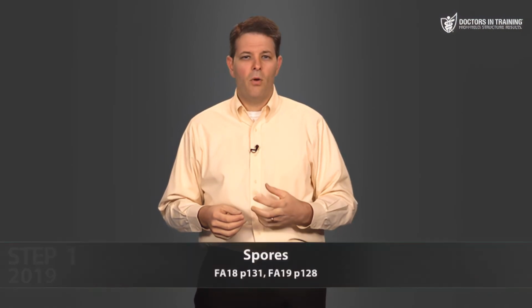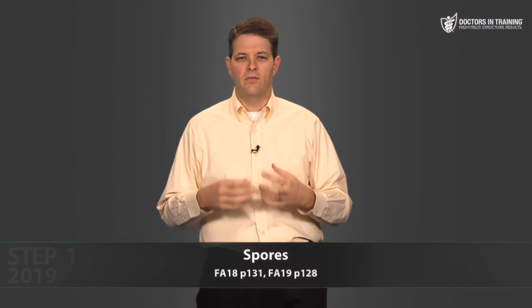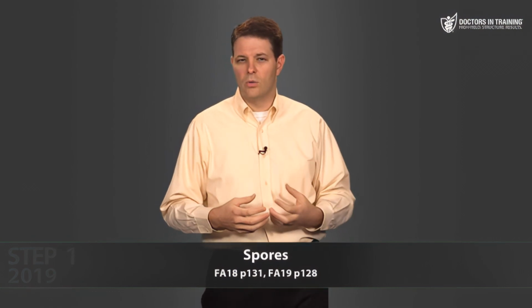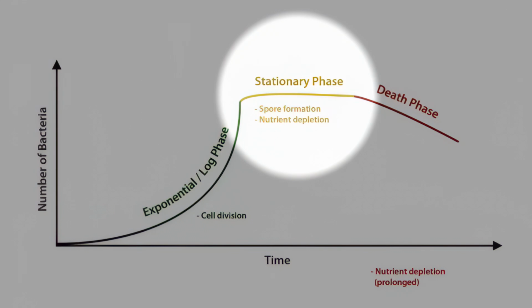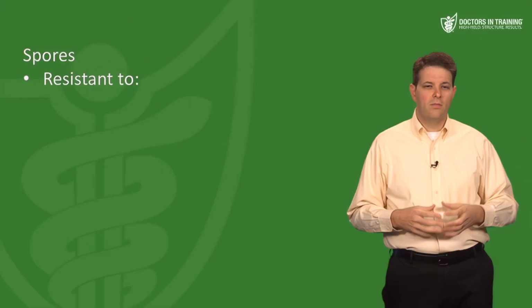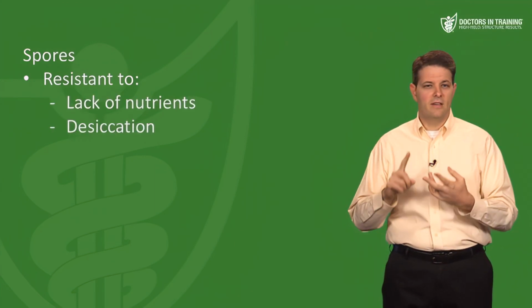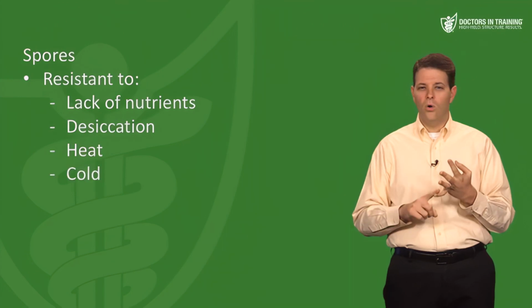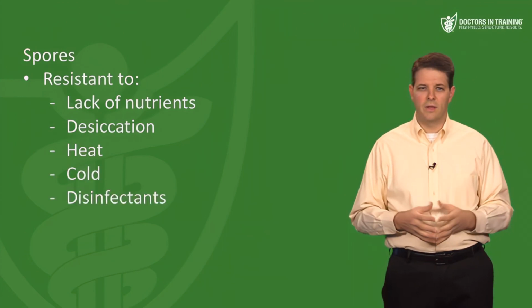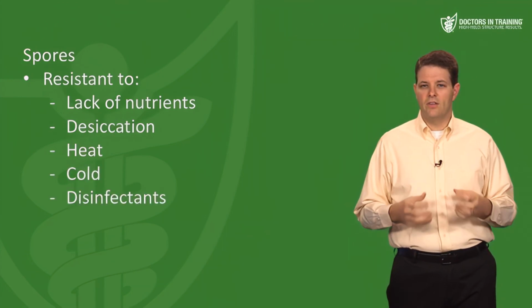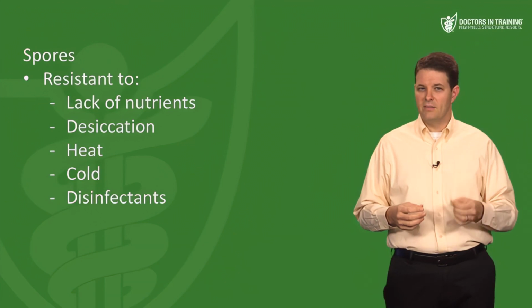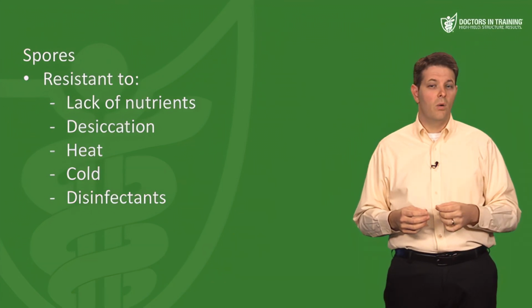And we're going to start with 2 types of gram-positive bacteria that form spores. Spores are a dormant form of bacteria that are formed when conditions get harsh or when nutrients get limited at the end of the stationary phase of the growth curve to avoid dying off completely. Spores are extremely hardy, and they tend to be resistant to lack of nutrients, desiccation, heat, cold, disinfectant chemicals, that sort of thing. So when times get tough, certain bacteria, specifically Bacillus species and Clostridium species, will form spores